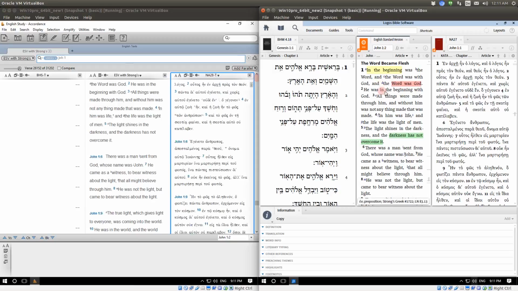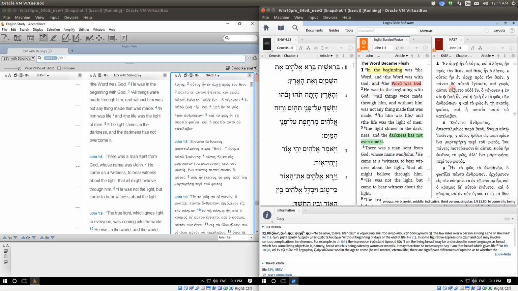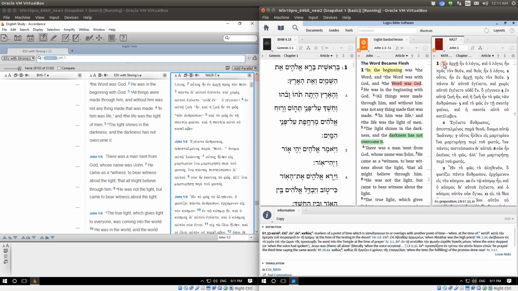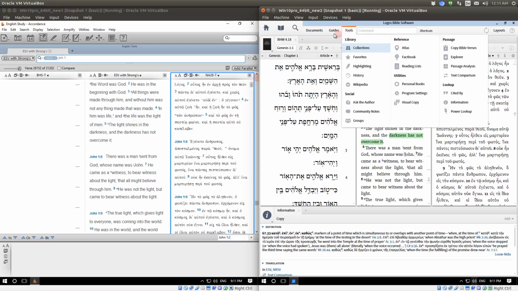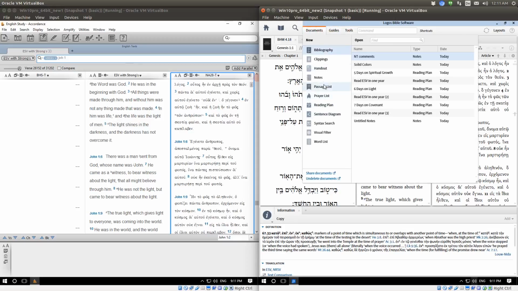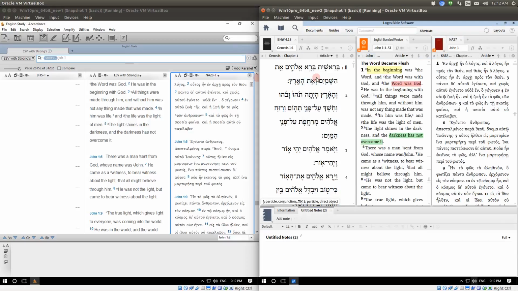Okay, what does annotation look like in Logos? Well, here again I can create an annotation document. Let's go to Documents, Notes. Then I give that note a name. Let's say I'm writing a sermon on John 1. So I now have my